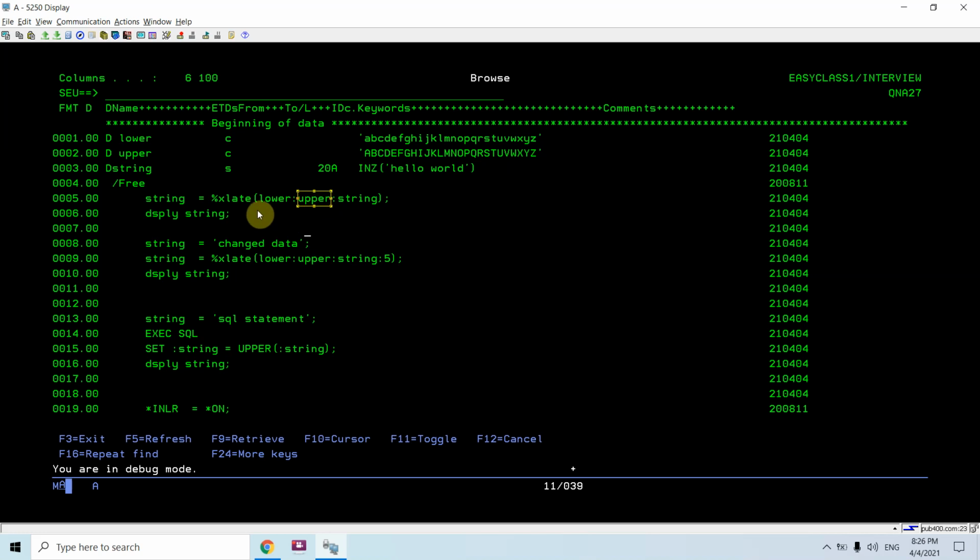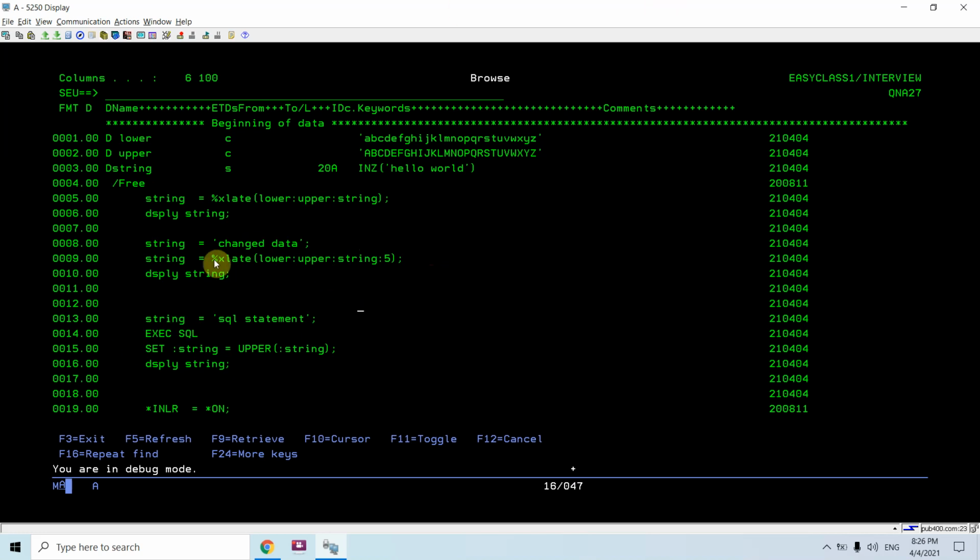Then I change the data of that string from hello world to change data, and translate lower to upper from the starting position 5. The translation would occur from this position.